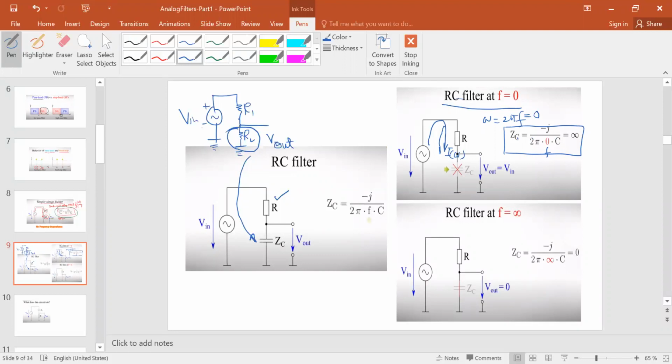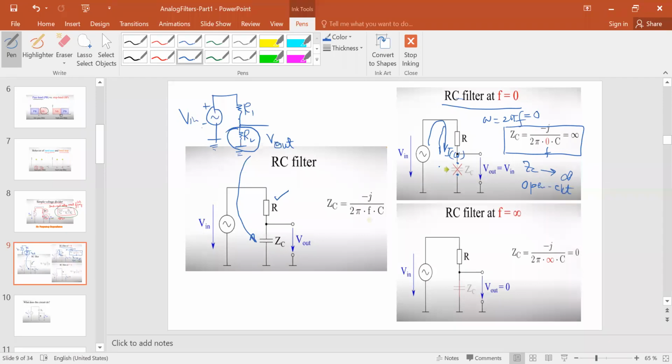So in the limit, the ZC will approach infinity. And infinity means if a circuit element has impedance that goes to infinity, that means that the path becomes open. You see that the path becomes broken, it becomes an open circuit. So an open